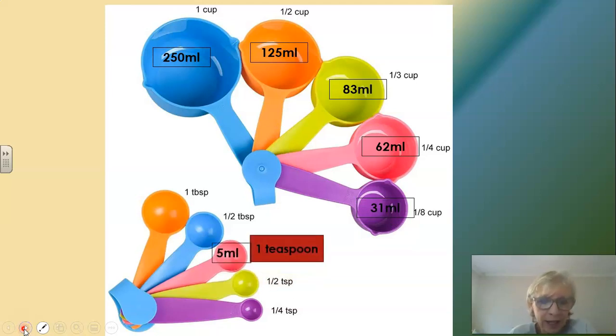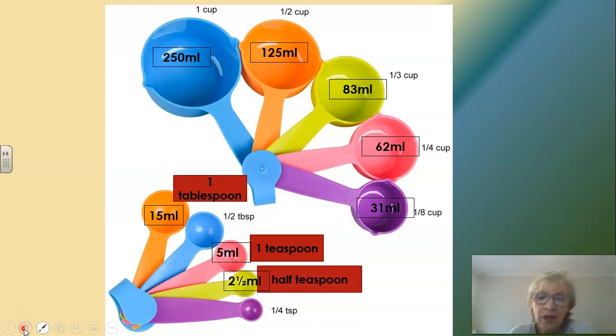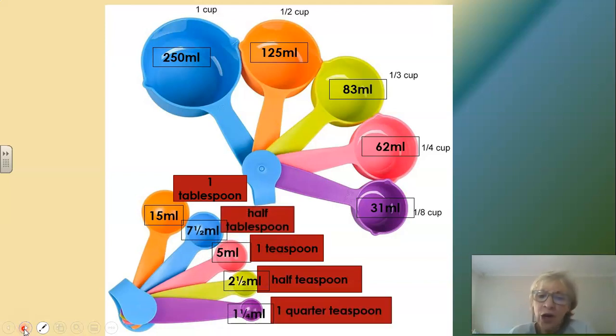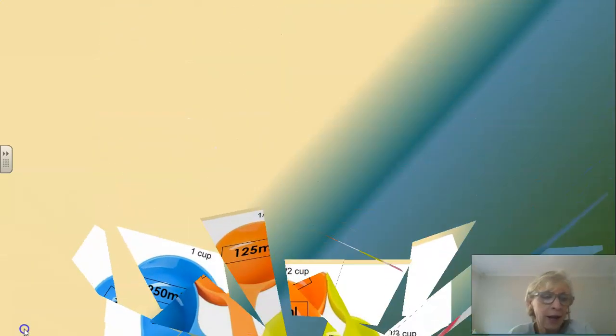Now look at our teaspoons. There's my usual one, my 5 milliliter little teaspoon. There's my 15 milliliter 1 tablespoon. There's half a teaspoon, which is 2.5 milliliters. Half a tablespoon, which is 7.5, and a quarter of a teaspoon, which is 1.25 mils, which is just over 1 little milliliter section in our syringe. So there we go. We've completed our standardized